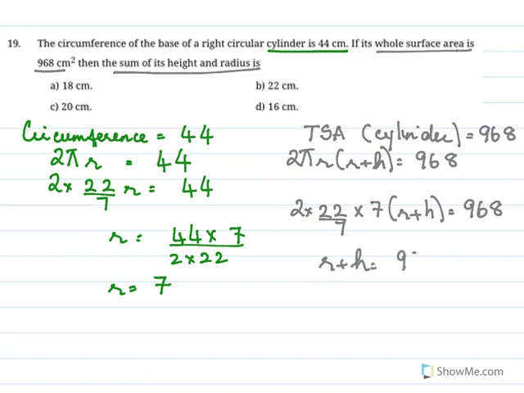So we have r plus h equal to 968 into 7 over 2 into 22 into 7. So r plus h equal to